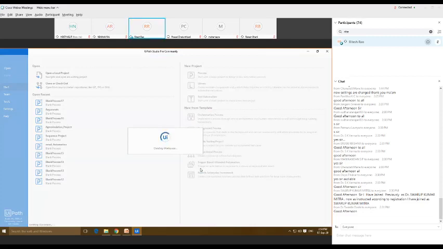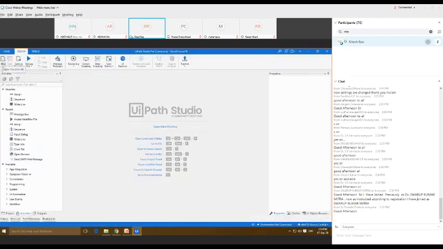So you have sequence, state machine, then global handler. Once we click on New, we can see these 4 different types of files, with names like sequence, flowchart, state machine, and global handler.